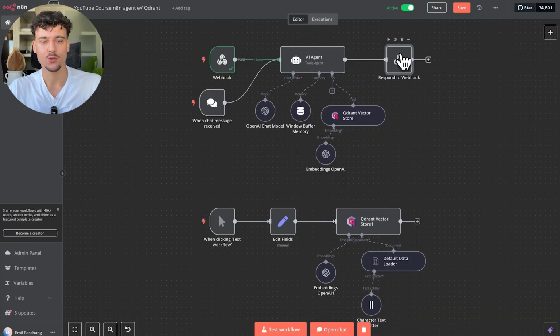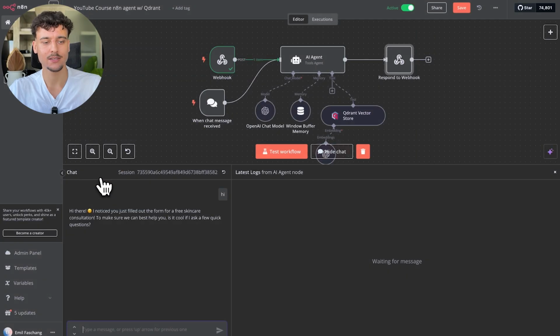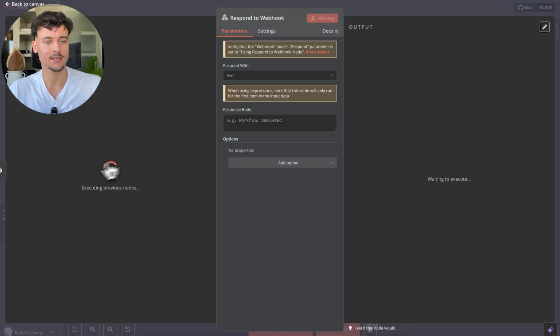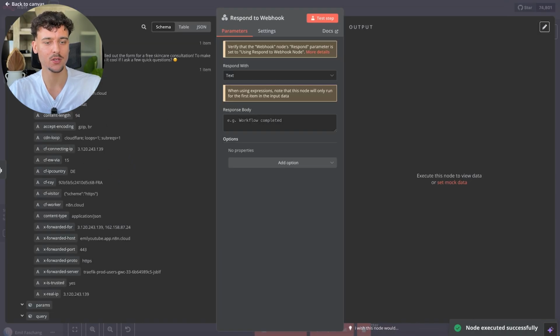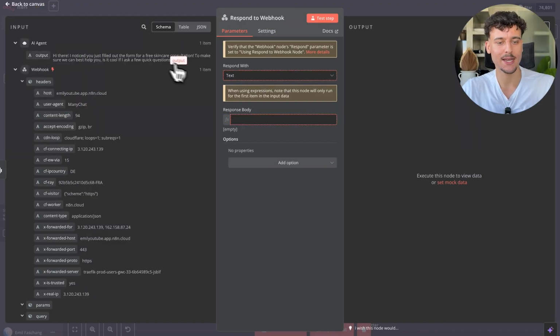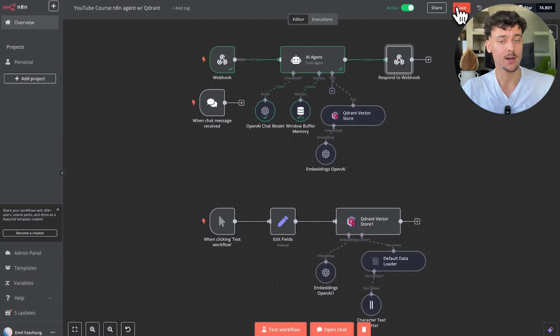We're then going to go to the respond to webhook node, click on execute previous nodes, which is going to execute the AI agent based on the inputs, and we're going to respond with text, selecting an expression, and dragging in the output from there over here. We now have everything set up. We can go ahead and click on save,